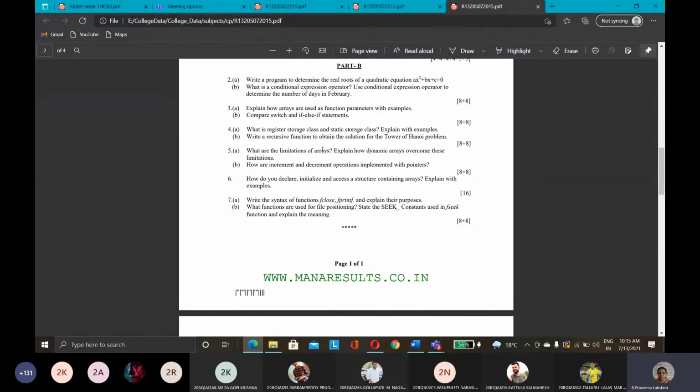Whenever you are writing the limitations of the array, the same you need to show as the advantages of the pointers. Fixed size, variable size. Size is specified in arrays and size is not specified in pointers. Arrays are allocated memory space at compilation time. Pointers are allocated memory at runtime. Arrays have a wastage of memory space if fewer elements are used than the allocated memory space.